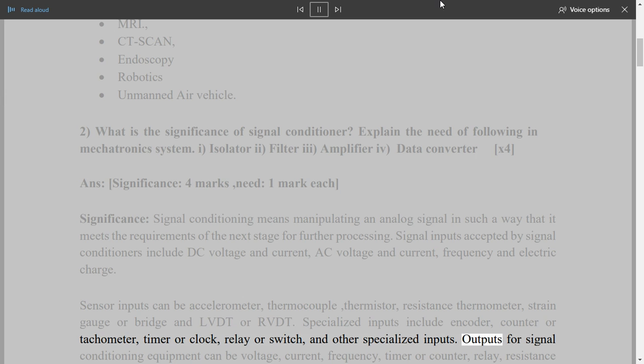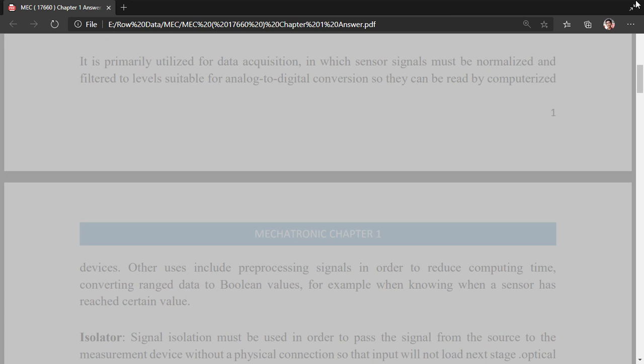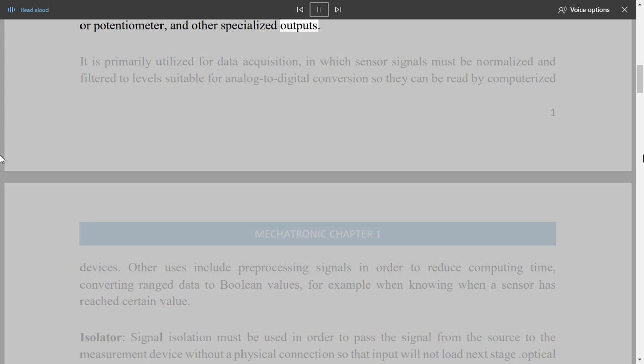Outputs for signal conditioning equipment can be voltage, current, frequency, timer or counter, relay, resistance or potentiometer, and other specialized outputs. It is primarily utilized for data acquisition, in which sensor signals must be normalized and filtered to levels suitable for analog to digital conversion, so they can be read by computerized